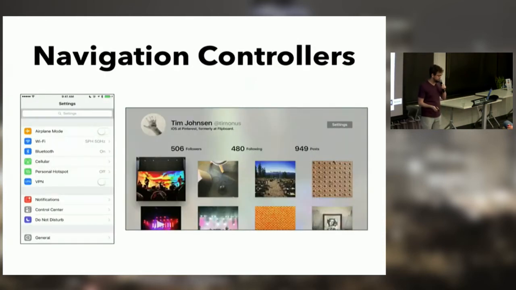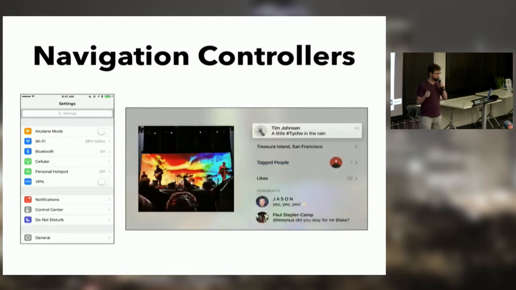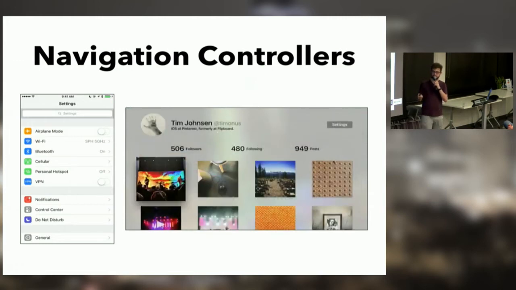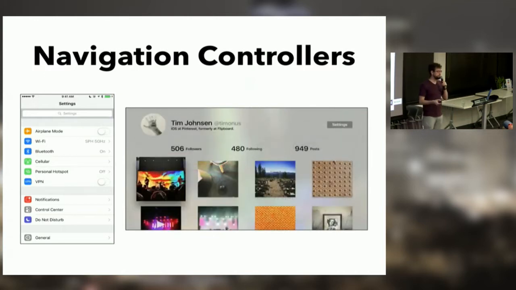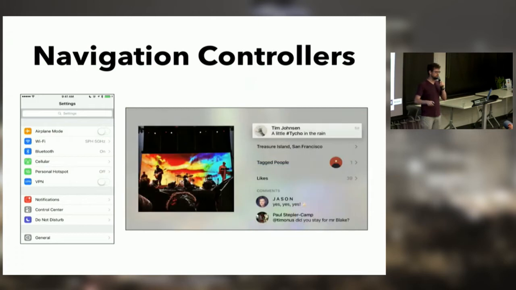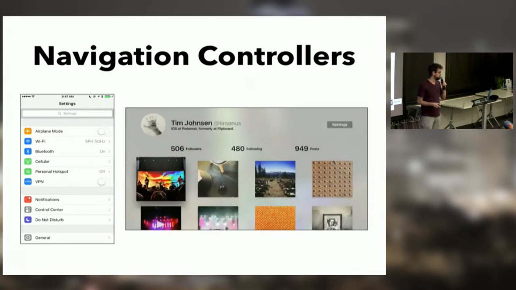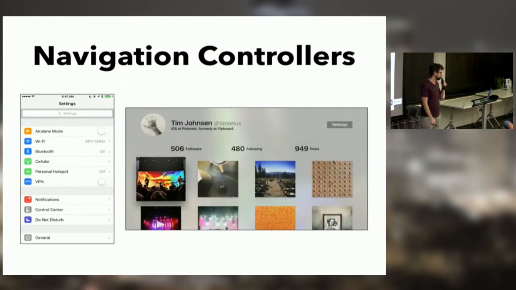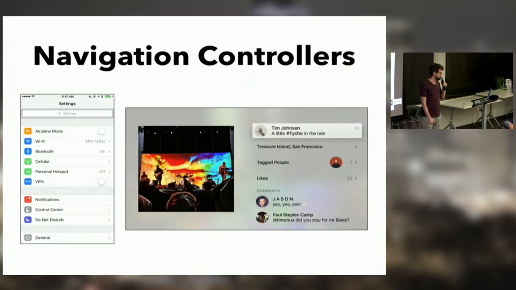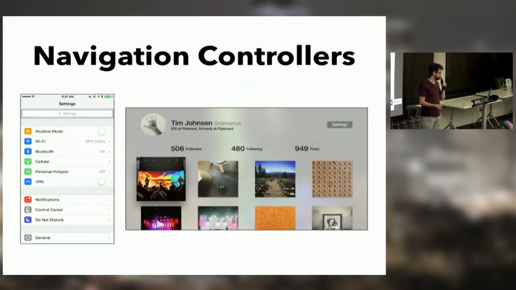The next is navigation controllers. So there's a few differences between navigation controllers on tvOS and on iOS. Most notably, navigation controllers on tvOS don't have a navigation bar. The menu button on the Siri remote becomes your implicit back button. And if you want any sort of top chrome, you have to create your own. But this is literally a push and a pop on a navigation controller. So very, very common and familiar to people.